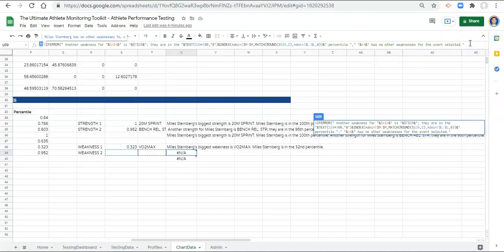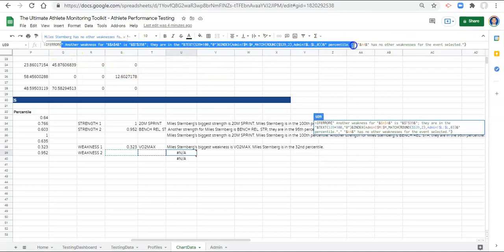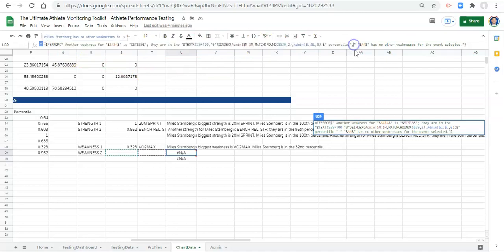Now at the end of the formula, we can close the parenthesis, and let's just go over this. So what we're saying is we're saying this big thing of text that we created already, and if there's an error, which is right after this comma, then we want it to say that person has no other weaknesses for the event selected. And if we click enter,